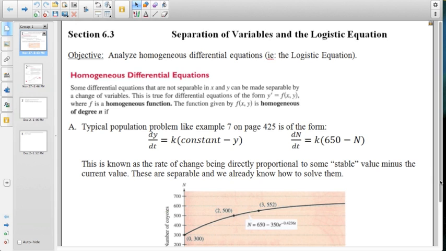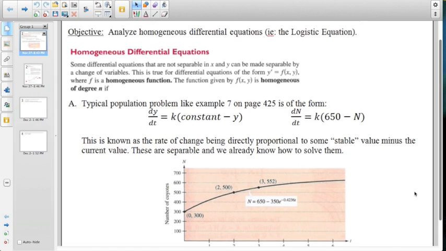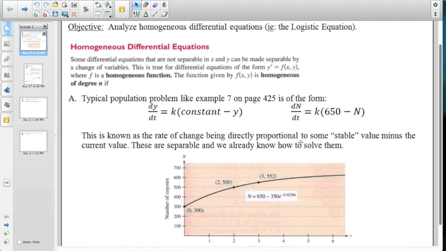In order to separate variables of this form, you actually need an advanced course called differential equations, which you get to after calculus. And so we're looking at